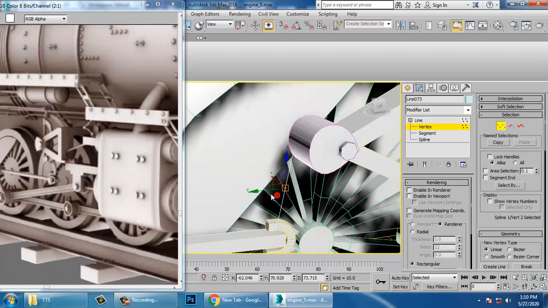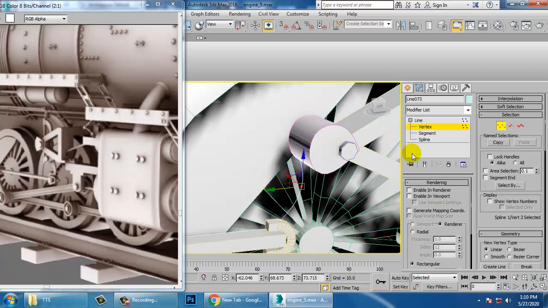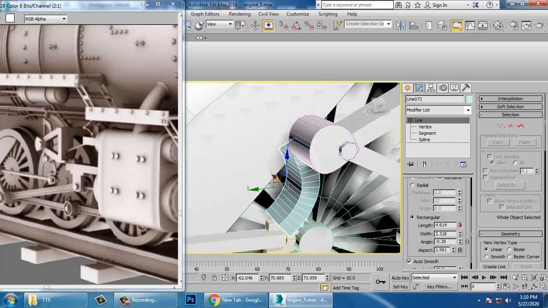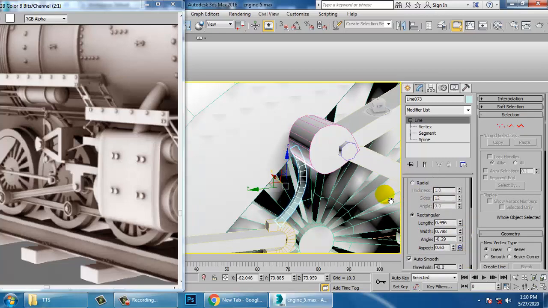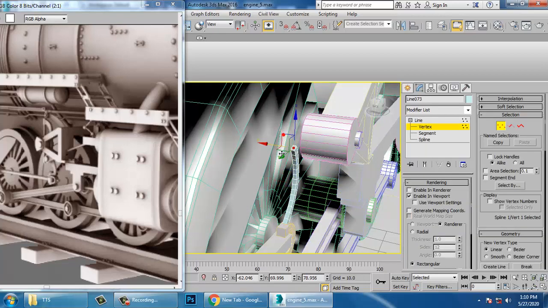You can use the refine option, make it more smooth, enable in viewport and reduce its length. Then you can just push this onto this.